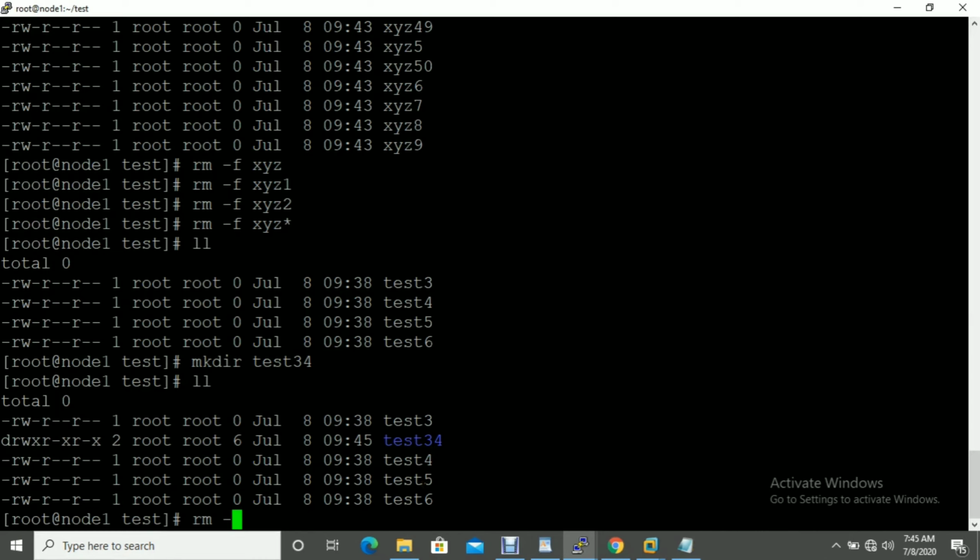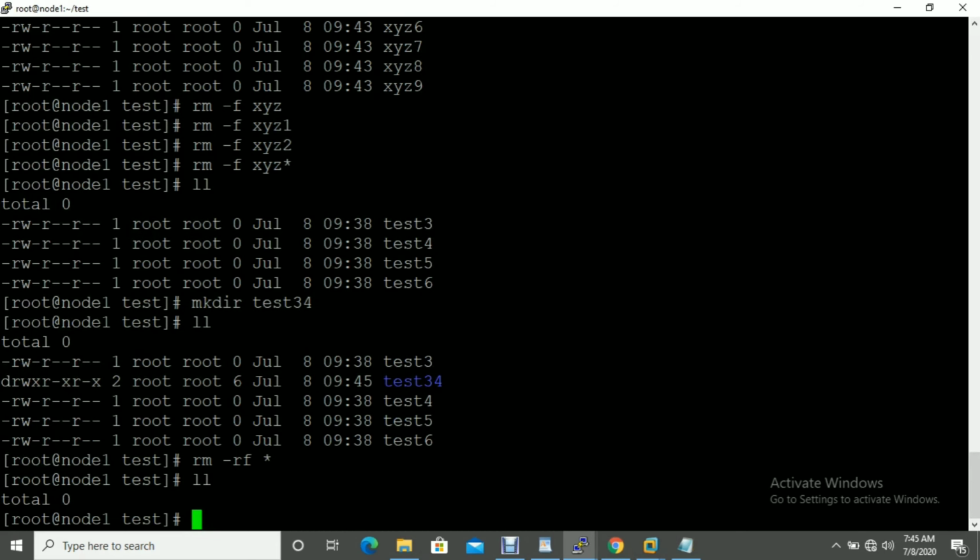If you use only -f, it will not delete the directory. So in this condition you have to use rm -rf. R will delete a directory and F will delete files forcefully, and then star. Now you can see all are deleted, no files and no directories are available inside the test. So this is the basic rm command.